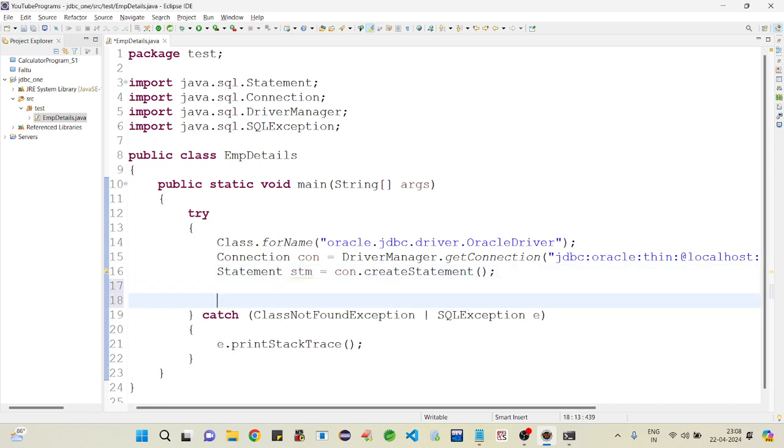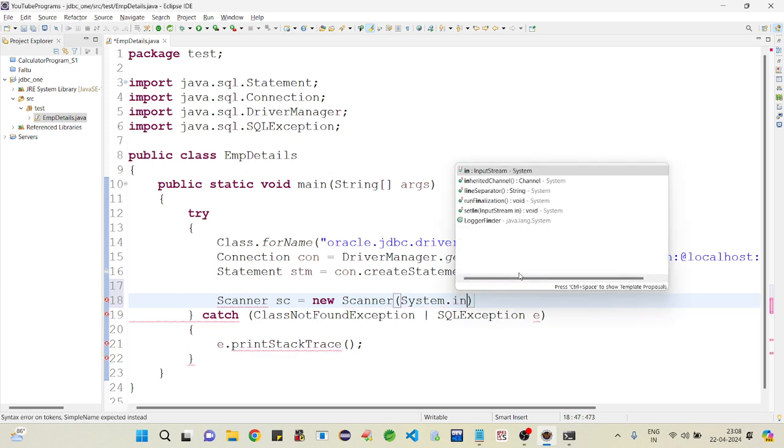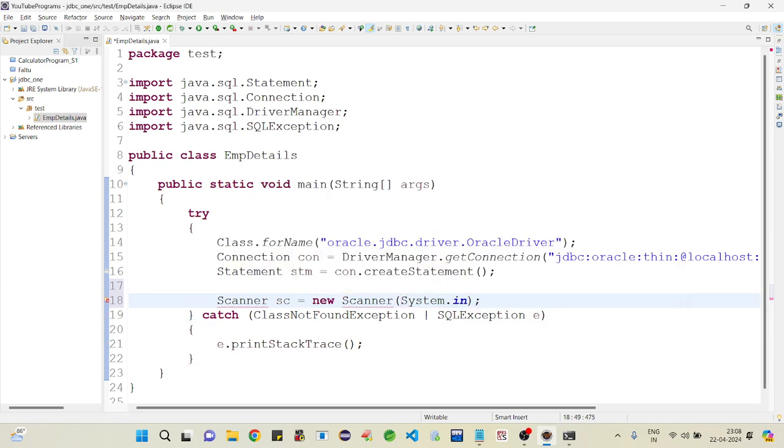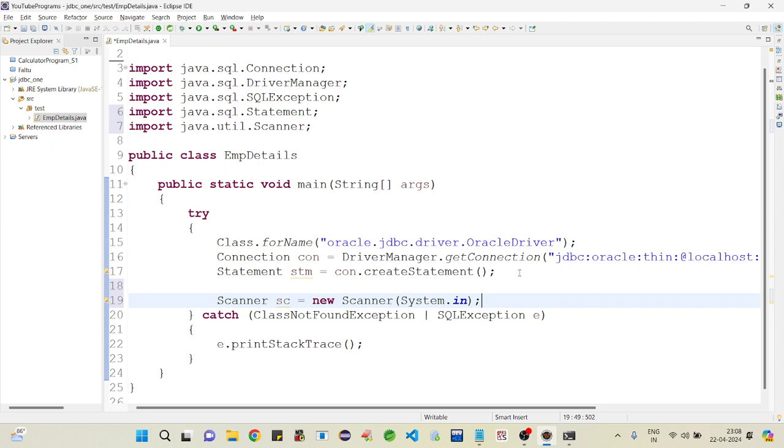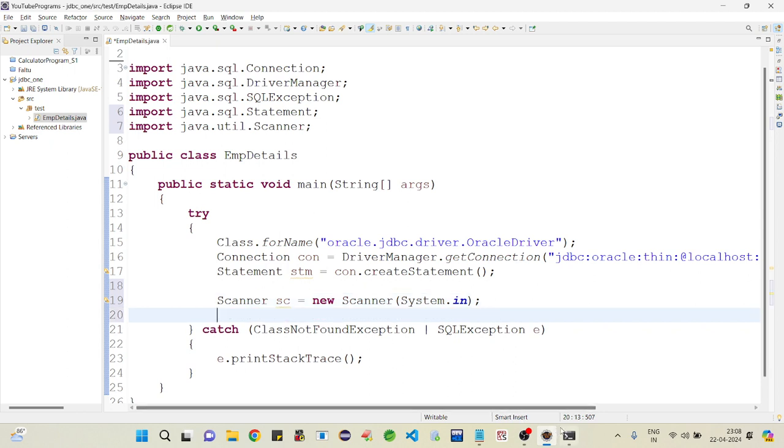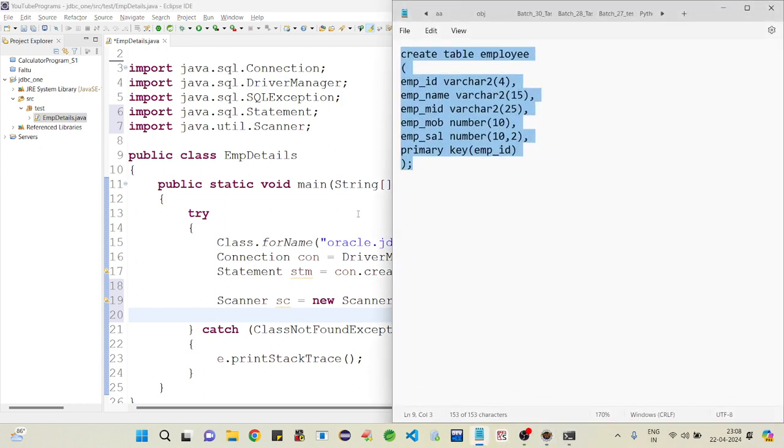Now I am going to write the code for inserting the data. First we need a Scanner class object to take input from the user: Scanner sc = new Scanner(System.in). We need to import the Scanner class, Control Shift O. I am going to take the input of all the data required to insert in the employee table.